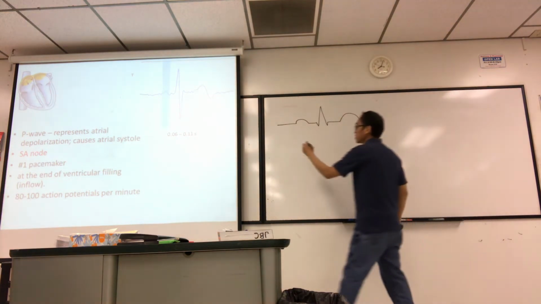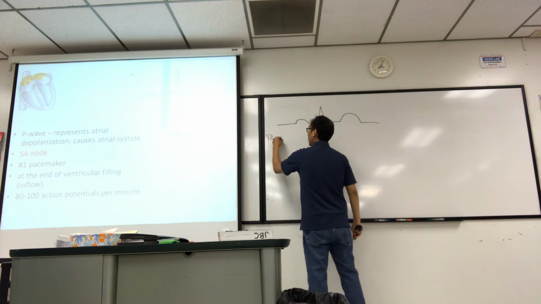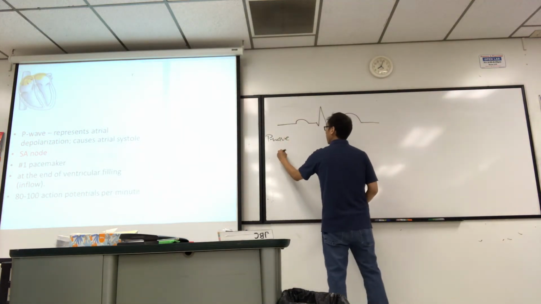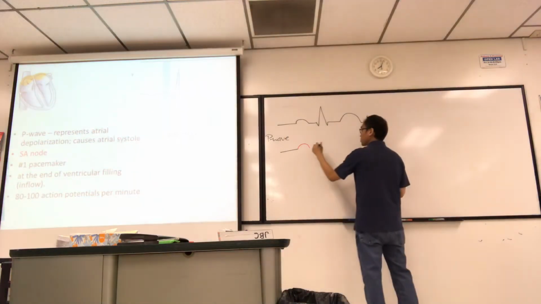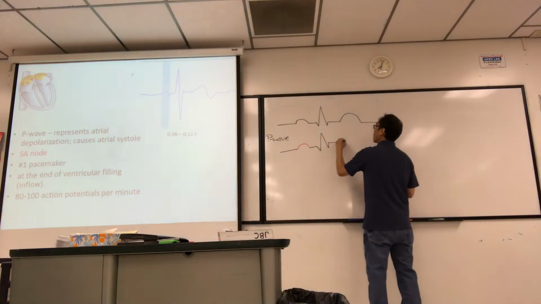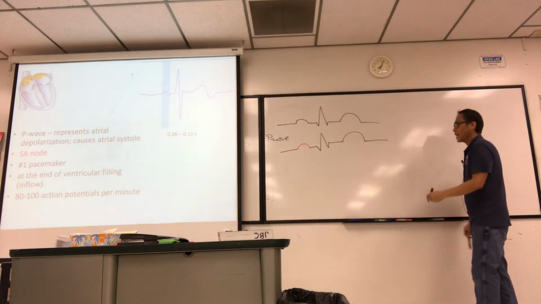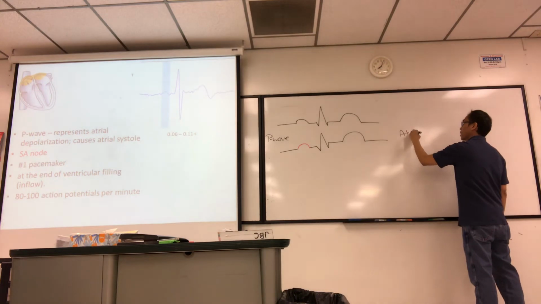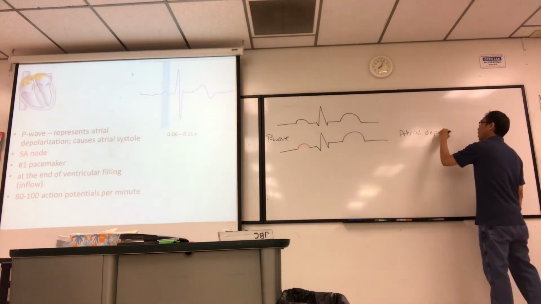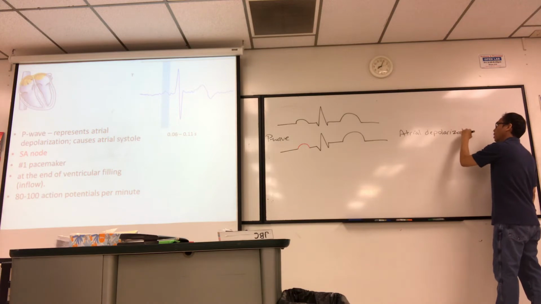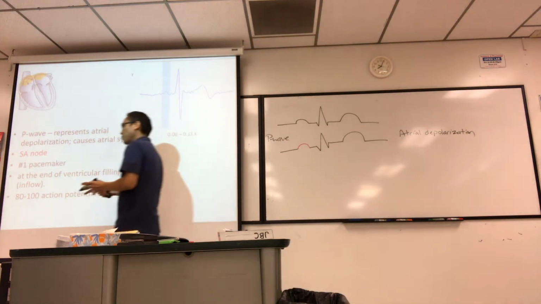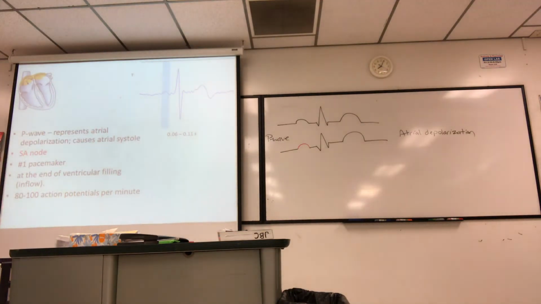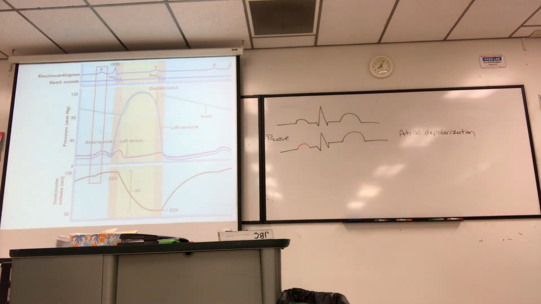So the P wave is, I'm going to draw it this way. I'll just draw the wave I'm talking about in red here. That's the P wave, that deflection. And the P wave represents atrial depolarization. So think about when that is. When the atria contract, you're somewhere in ventricular filling, kind of mid to late ventricular filling. So if you've been studying the cardiac cycle, and I hope that you are, even though I didn't quiz you today,